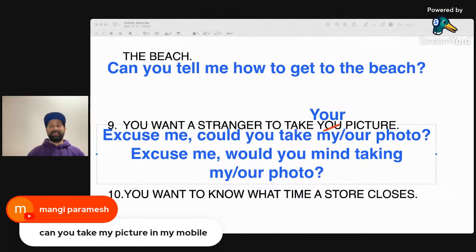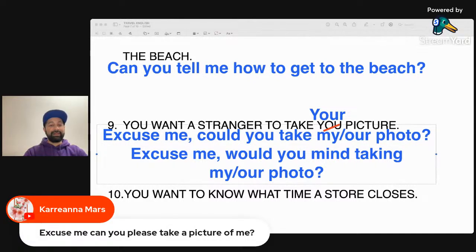I think 70-80% of our communication is body language. I don't have my phone with me. If this were my phone, I would say to a stranger, excuse me, can you take our photo? They'll say yes. Then you just give them the phone.